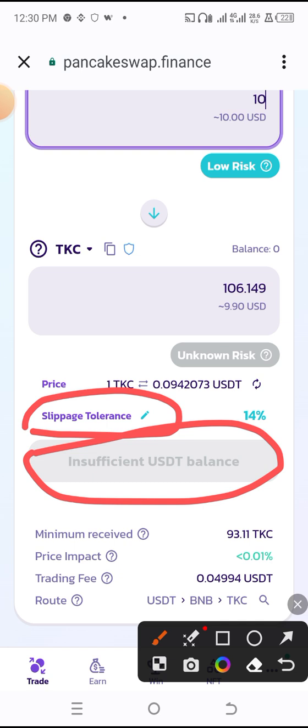So there, what you need to do is click this small icon right where you're seeing it, okay. When you click it, you need to change this figure here to a higher one, okay. And when you try it again, if it didn't go, keep increasing it until the system accepts the swap of that amount of funds that you have there. I just hope you get this. I don't know how to stretch it again, but this is exactly how I buy these funds from Pancakeswap using the Trust Wallet